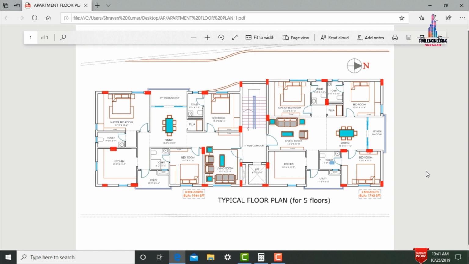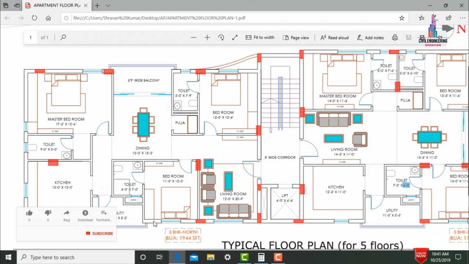Now I will explain the number of windows as well as ventilations to be provided for this house in east facing direction, west facing direction, north facing direction as well as south facing direction for portion 1 as well as portion 2. This is the east facing direction, which consists of 3 windows, and this is the south facing direction for this house, which consists of 2 windows. Along with these 2 windows it will be provided with 1 ventilation for the wash area. So this is the west facing direction.